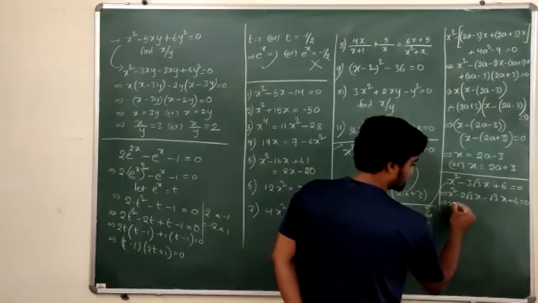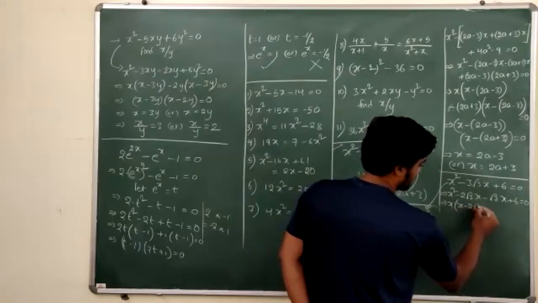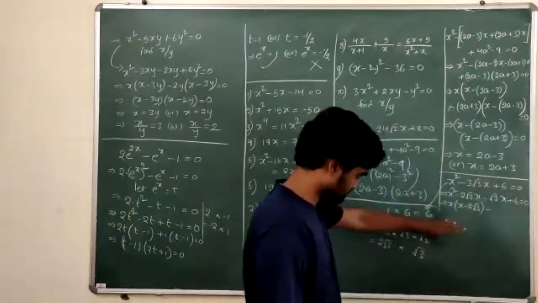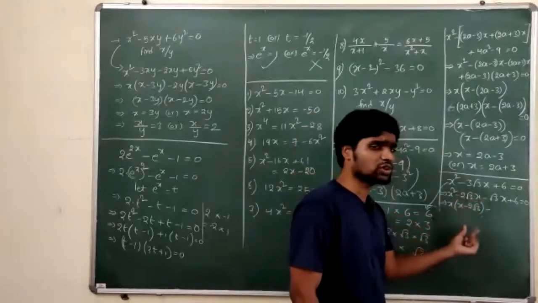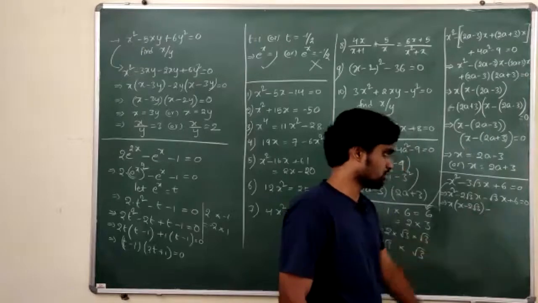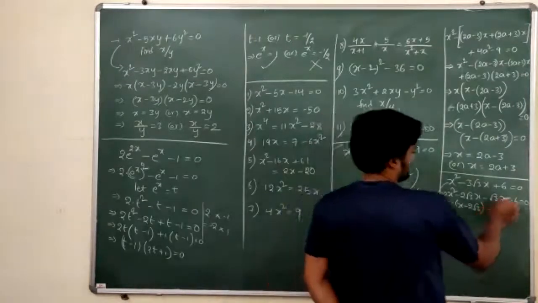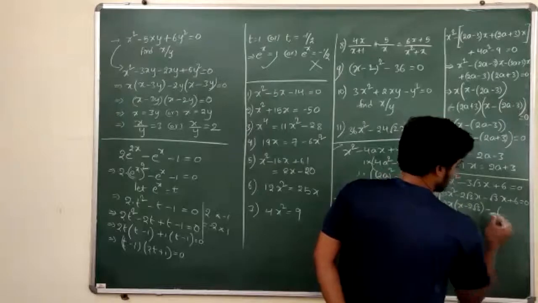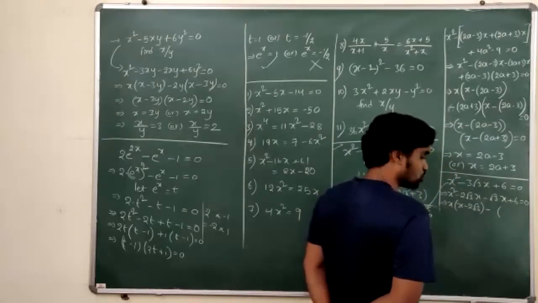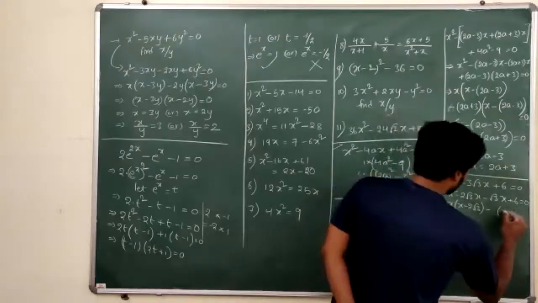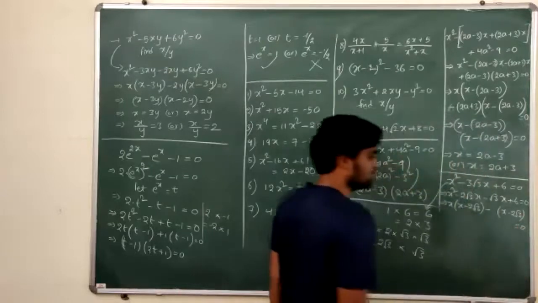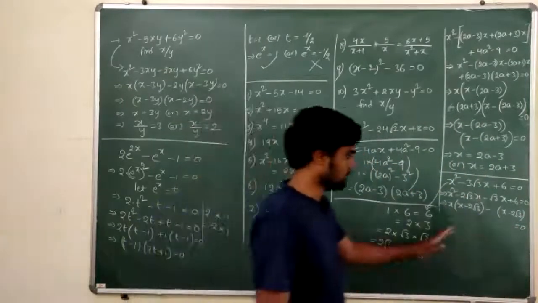Now I can take x common, I will get x minus 2 root 3. Taking common from the first two terms is easy. It's a very simple direct common. Now it might be confusing for some people to take common from here. What is present in the first bracket? x minus 2 root 3, right? So in the second bracket also, I should get x minus 2 root 3. And this is applicable for every question, every equation.